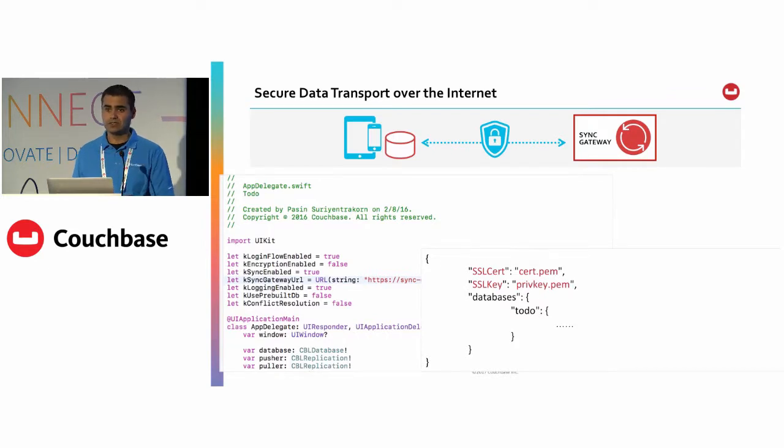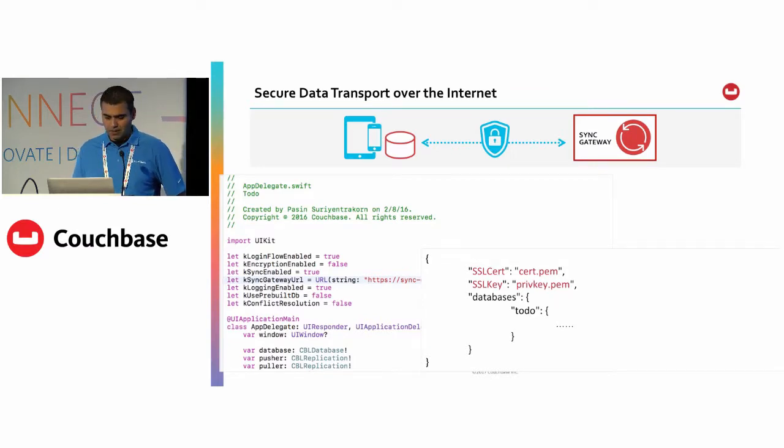So the way to do this is, I showed you an example of what the code looks like in my previous session with a live demo. But if you notice the sync gateway URL out here, you'll notice that it's a secure URL. It's HTTPS as opposed to being plain HTTP out here on the code sample. So the way to essentially use secure communication with Couchbase Lite all the way to sync gateway is to use an HTTPS-based sync gateway URL and configure sync gateway